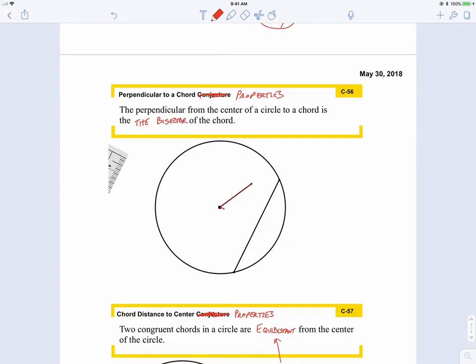So if I have a line going through the center so that it is also perpendicular, two conditions are met. One, it passes through the center, that's met. Two, this is the if part, it's perpendicular to the chord. That condition's met. Then I can conclude,